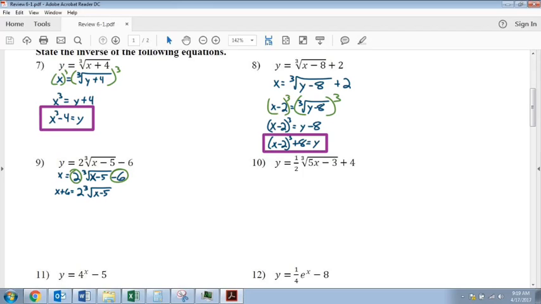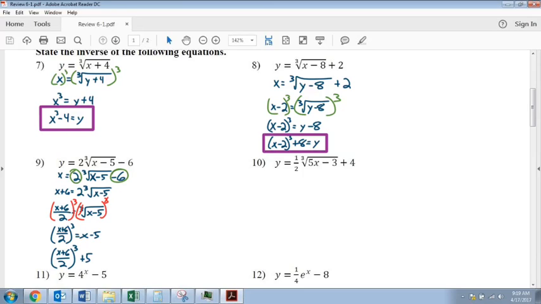And then since the 2 is multiplying, we'll divide by the 2. So x plus 6 divided by 2 equals the third root of y minus 5. Cool? From here we'll go ahead and cube the entire thing to get rid of the root. So we're left with x plus 6 over 2, that's not changing, to the third power equals y minus 5. And the last thing to do, get rid of the 5. So x plus 6 over 2 to the third power